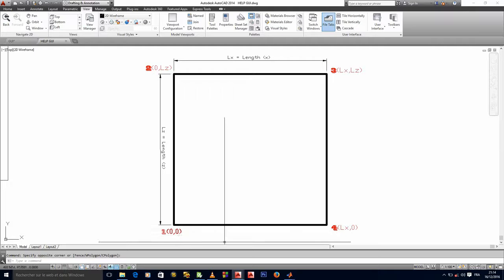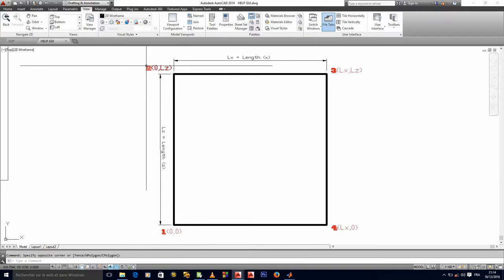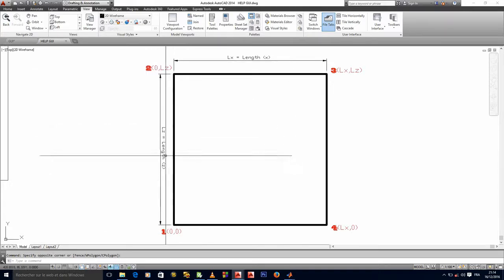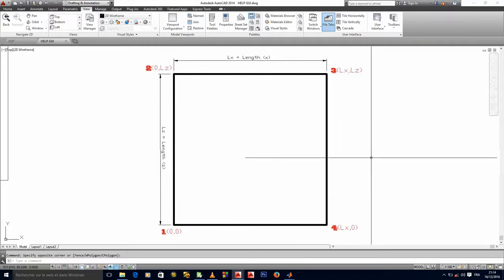We will draw our slabs with these four nodes. So we'll use the patch function to draw the slab, okay? We'll draw with 1, 2, 3, 4 nodes. And these are the coordinates. The 0, 0 here will be our first node. The 0 LZ, that is at the distance of this length here, would be our second. The third one will be this one here, and the fourth one will be that.